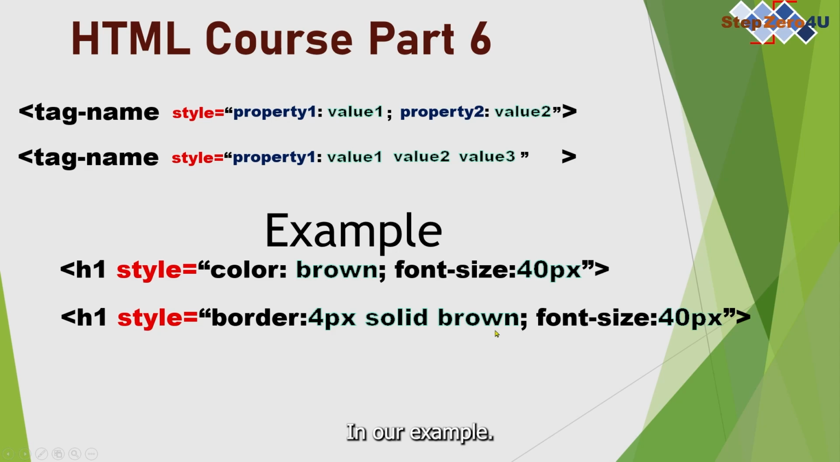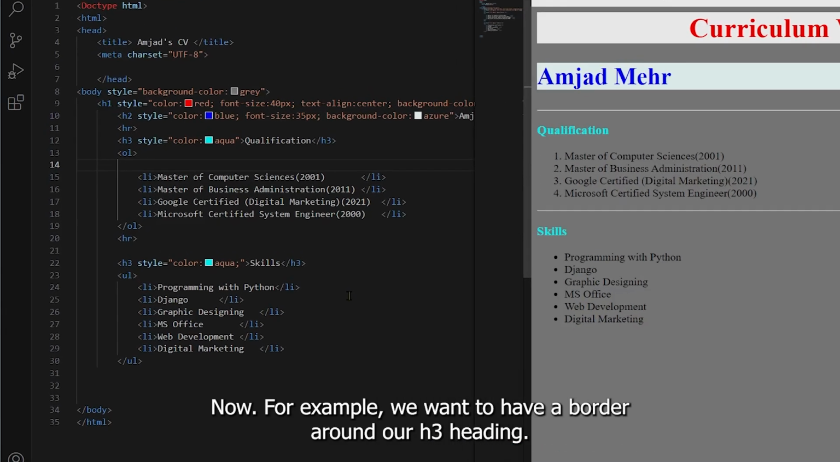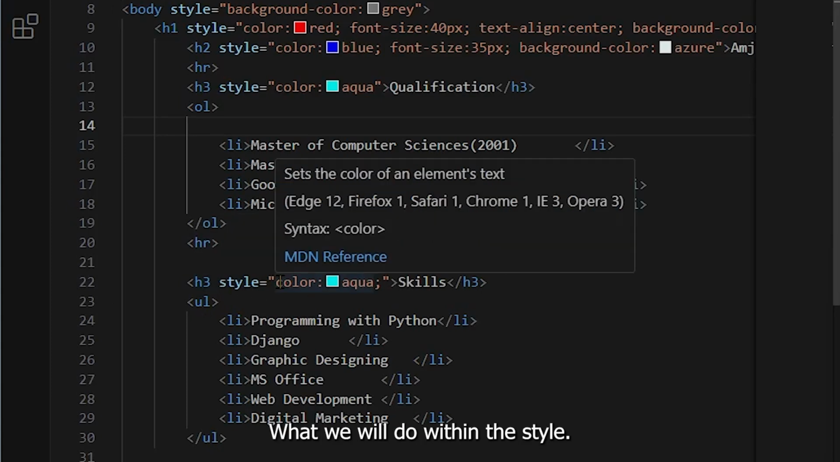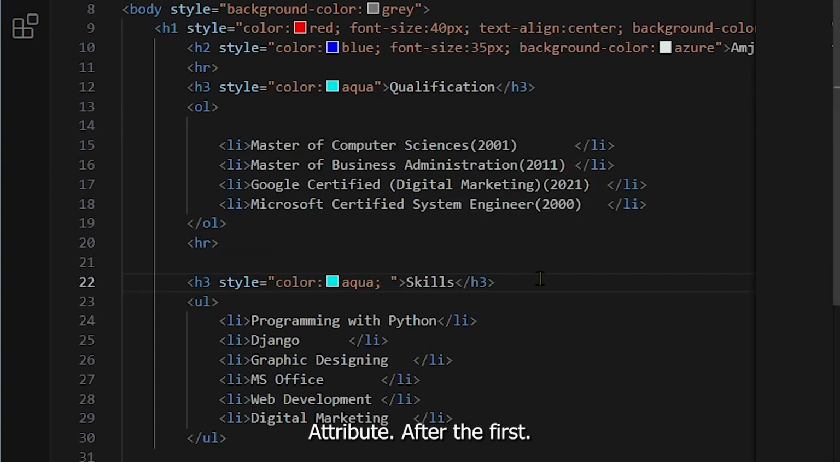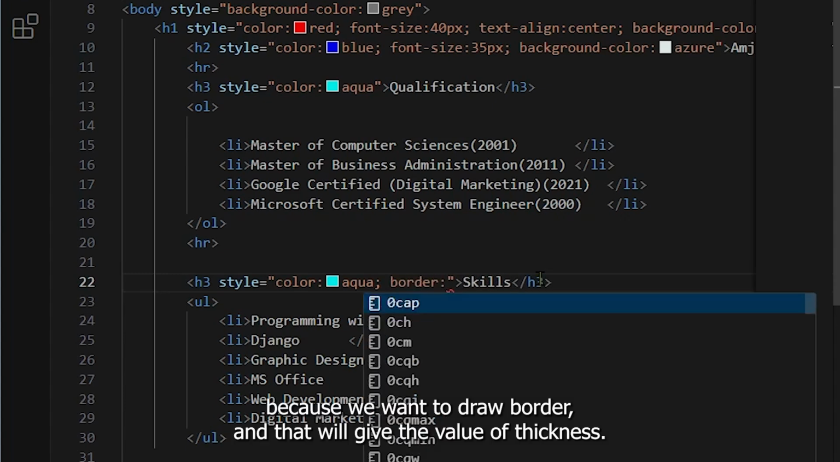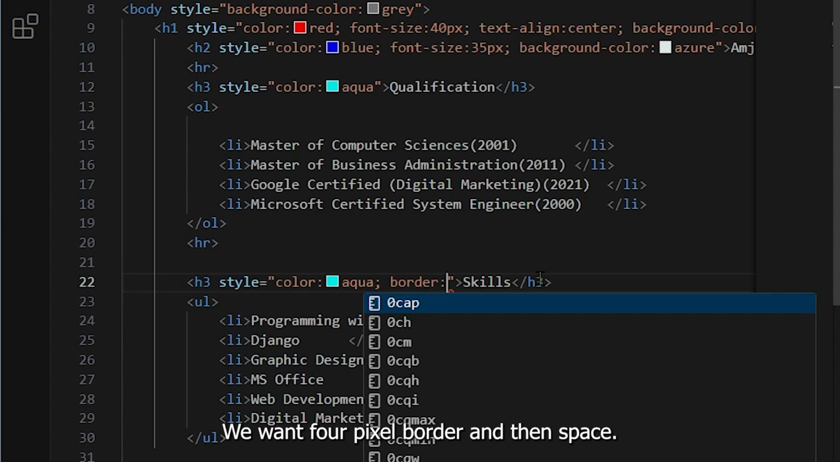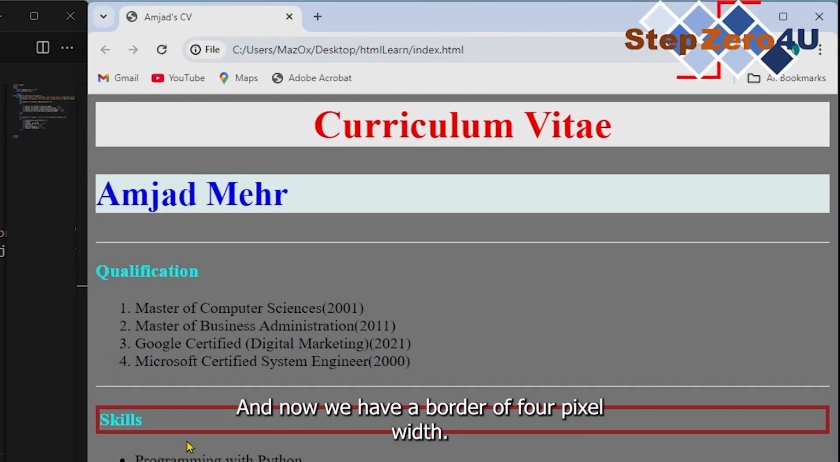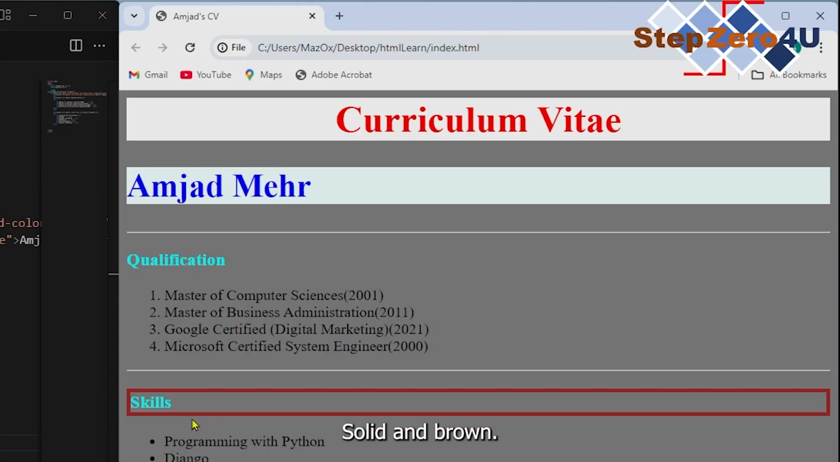Let us do it in our example. Now, for example, we want to have a border across our H3 heading. What we will do, within the style attribute, after the first property and value, we will write the property border, because we want to draw a border. And what will be the value of thickness? We want a 4 pixel border, and then space, and we want a solid border, then we want brown color. We will save this file and refresh, and now we have a border of 4 pixel width, solid and